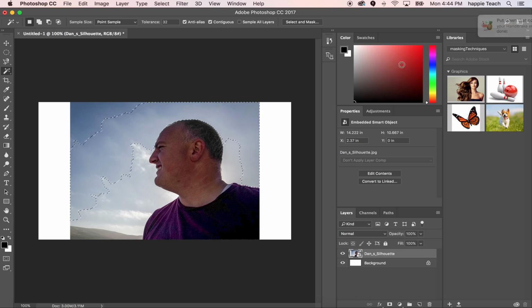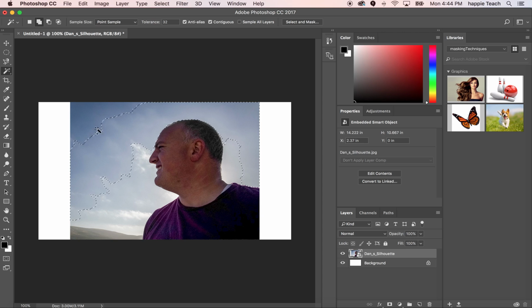Don't worry about that notification, but see how the magic wand tool looks at the continuous color that it has. And this is how it's working. It's looking at the continuous colors of blue and it's selecting those, or colors that are similar to that. It's looking at those pixels and the tolerance is about 32. So it's going to grab